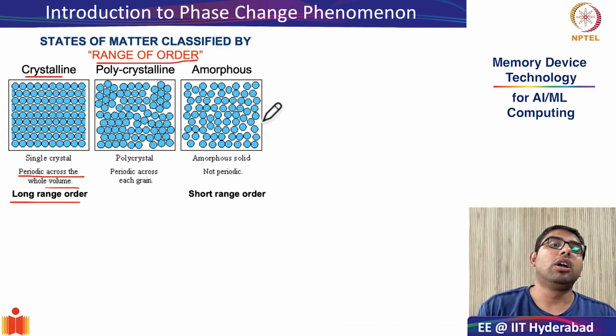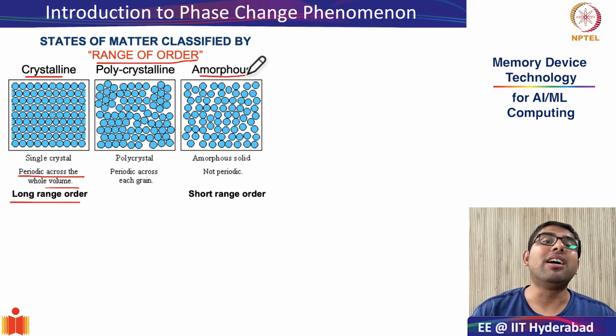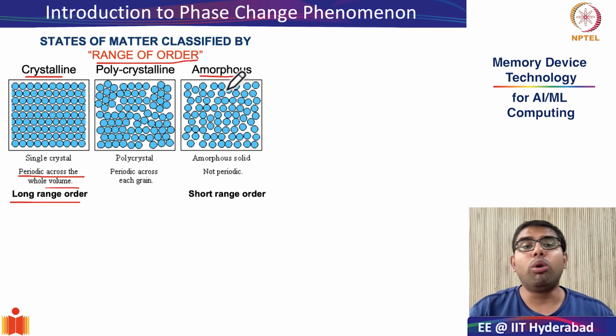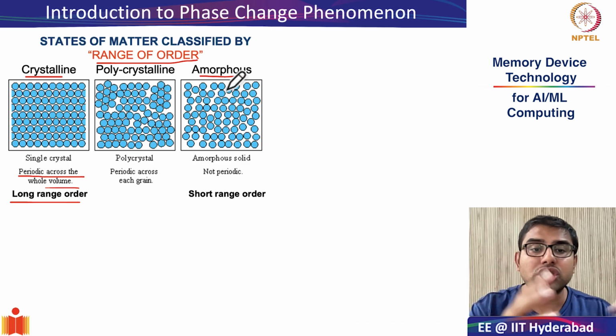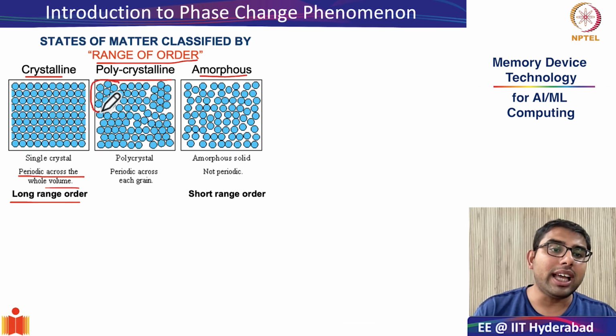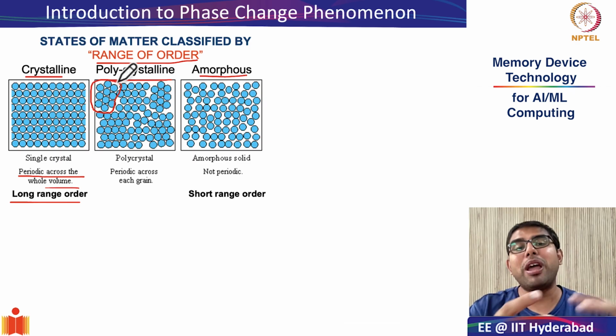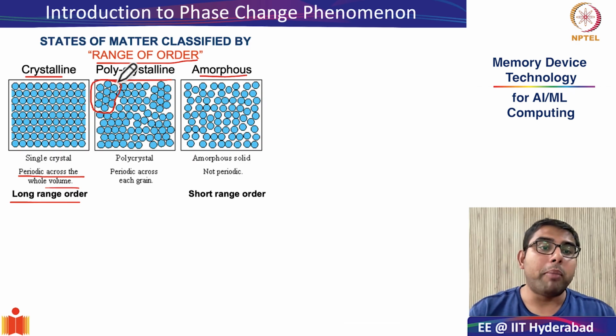The opposite end of crystalline is amorphous. In amorphous, you do not see any such periodic arrangement. You see, every molecule or atom in this constituent solid is randomly packed. In between is something called your polycrystalline material. Here what happens is there is periodicity with grain boundaries. So see, I have marked out one particular grain. A grain is a collection of atoms where you see some periodicity. And as you can see, grains may be amongst themselves misaligned, but within a grain you see periodic arrangement of atoms.